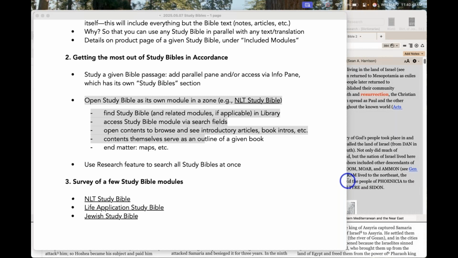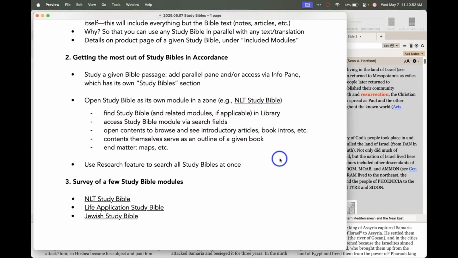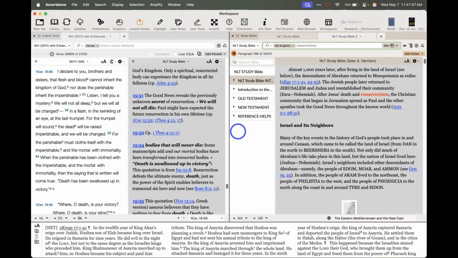Yeah, here's a comment. I'll put this in the chat. Somebody says separation out of these study Bibles is also dependent on how the publisher provides the content. That's a great point, and what they allow Accordance to do with that content. Yep. So I guess the moral of the story is just understand how the particular study Bible you have